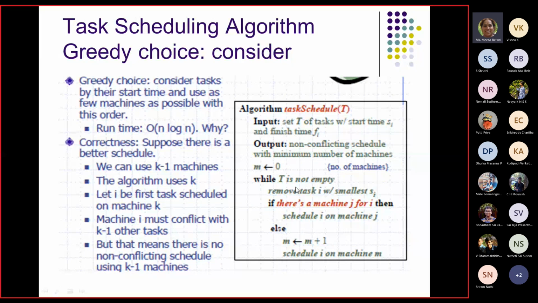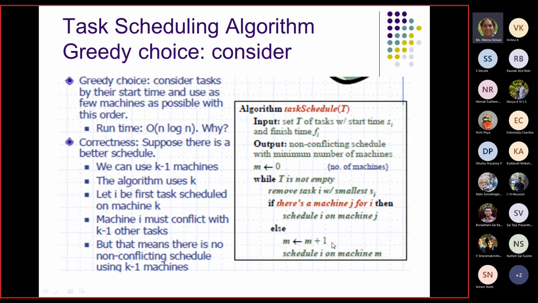And then every time we test the list of tasks, if this list is not empty, then we remove the task i with the smallest start time. Okay, and then every time we check if there is a machine j for this task i. If a machine is available, then schedule that task on machine j. We will always check that if a machine is available, we will put that task into the machine.